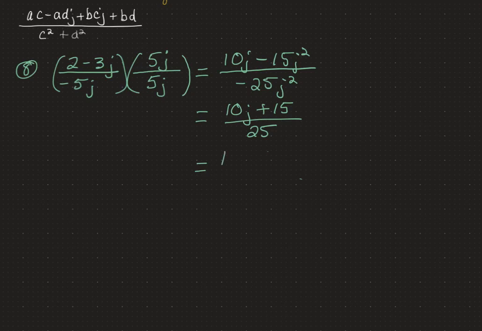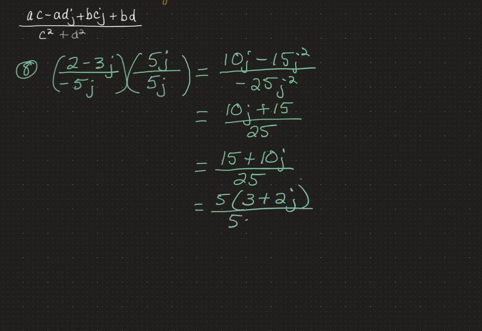Okay, let's get it in the proper order first with our real component and then our imaginary component in the numerator. And it's all divided by 25. Can't stop there. You must reduce when you can. Always do that, though, by factoring out the common factor first. Don't try to just do it in your head or do it without factoring both the numerator and the denominator so you can clearly see what will cancel. And then we will have our final answer. 3 plus 2j